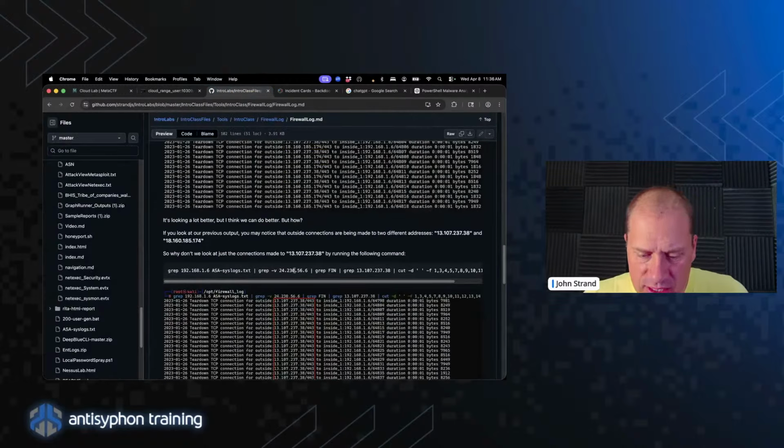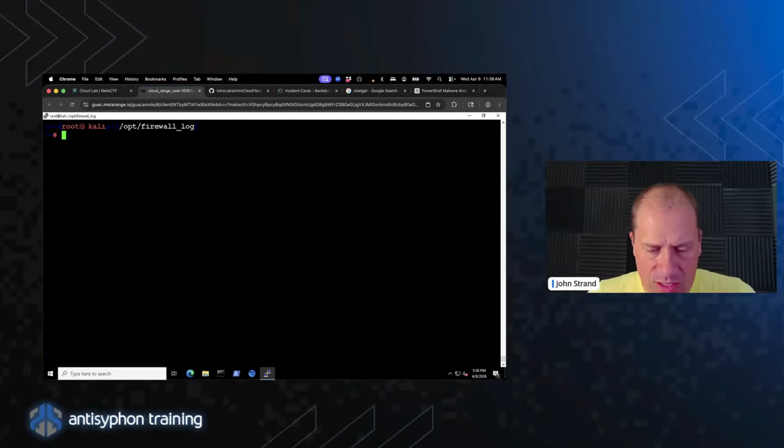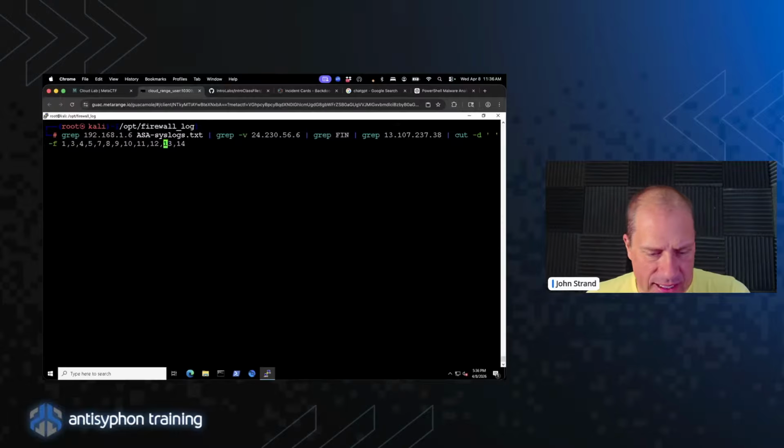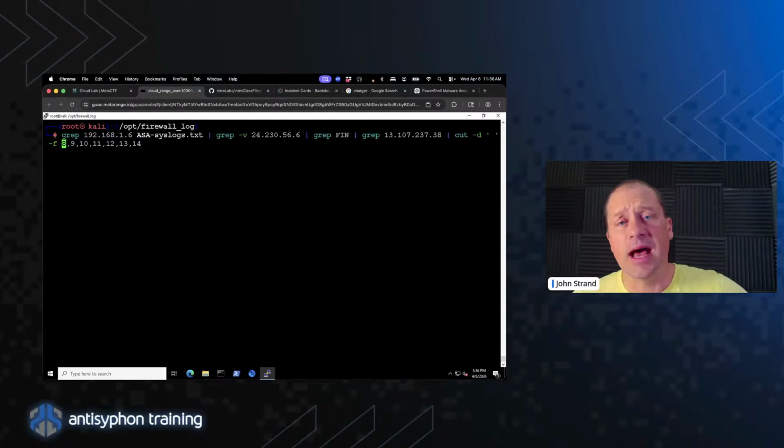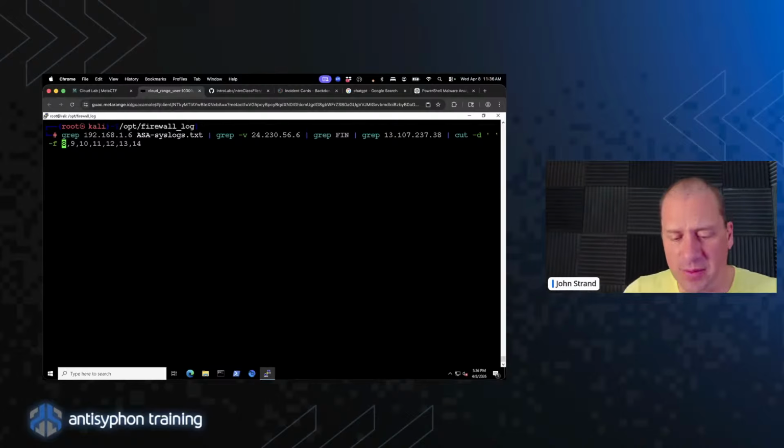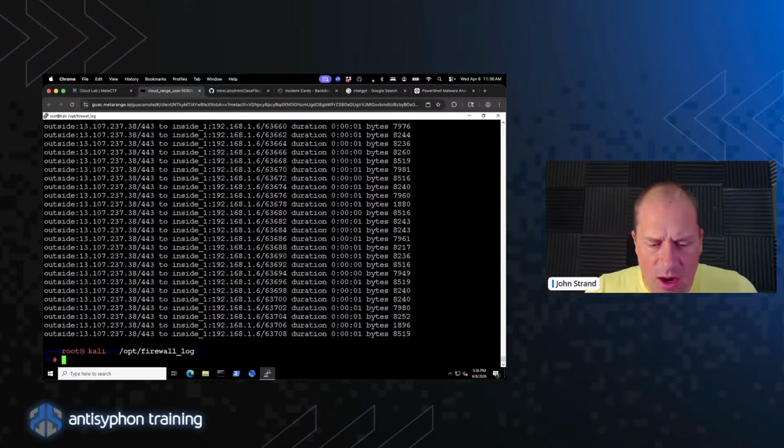All right, so if I look at just one of those IP addresses, and I'm specifically looking for any of the FIN packets, and the reason why I'm interested in the FIN packets is because the FIN packets are at the end of the connection. So I have all that data. I have the length of the connection and how much data was transferred. Now, if I just look at